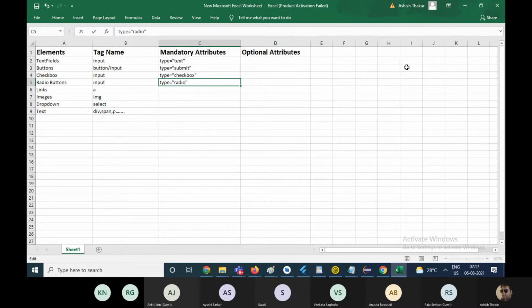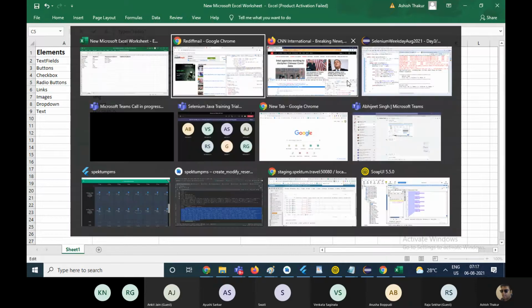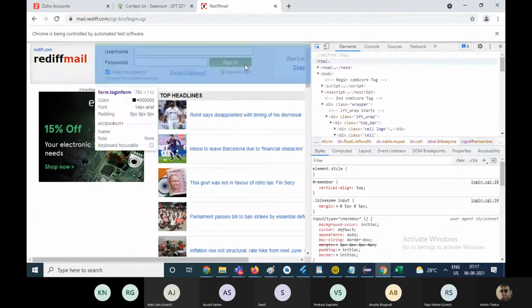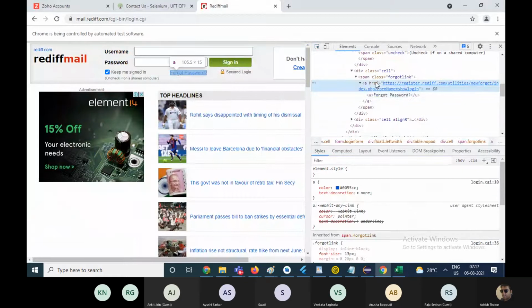radio. In case of links, whichever link you see, you will find an attribute href. The href, hyper reference, this attribute points towards the URL which will open when you click on the link.